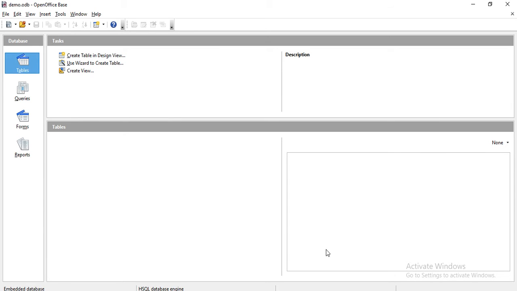Now you have created a database. You can work with the database as outlined in the next few sessions.